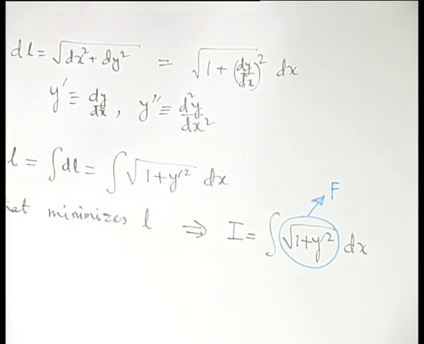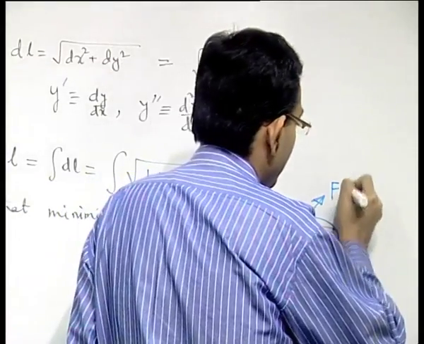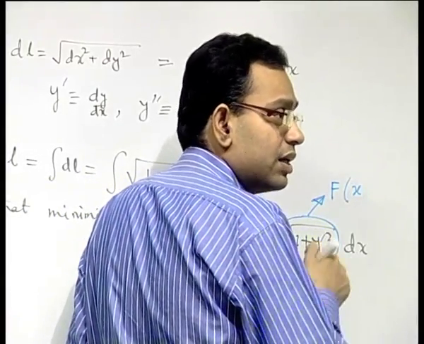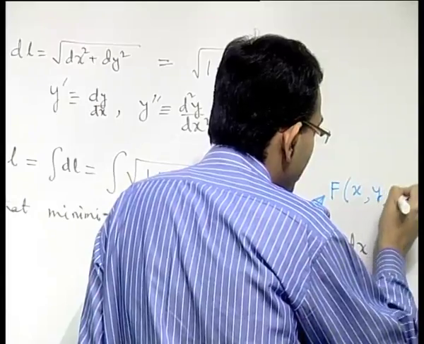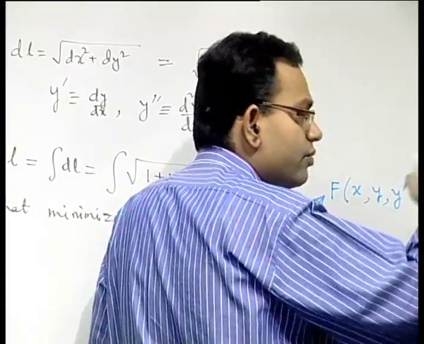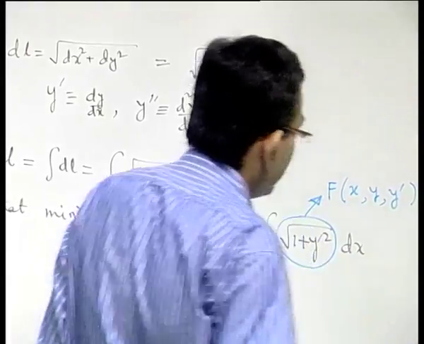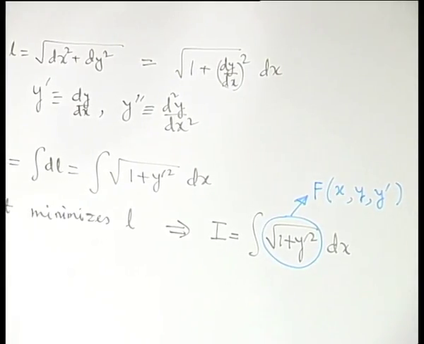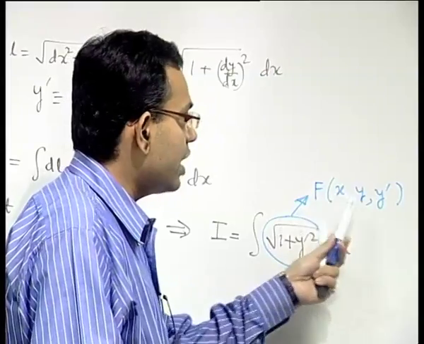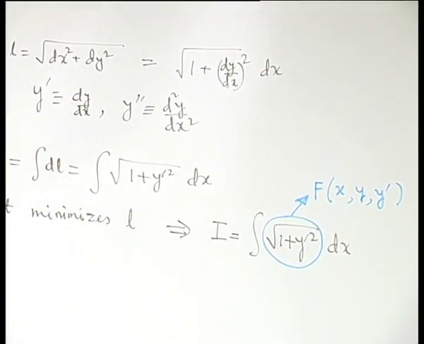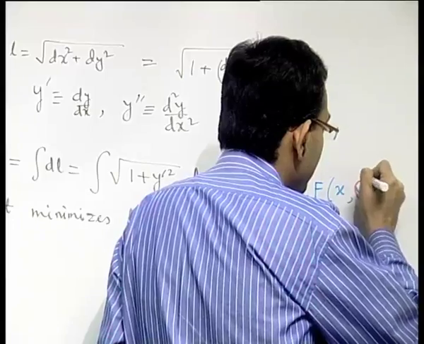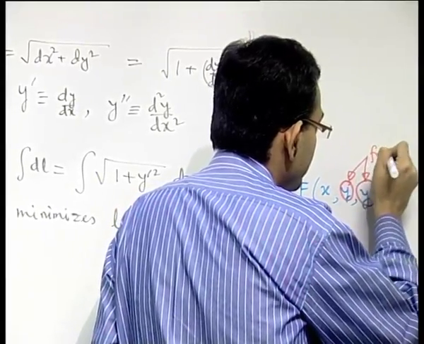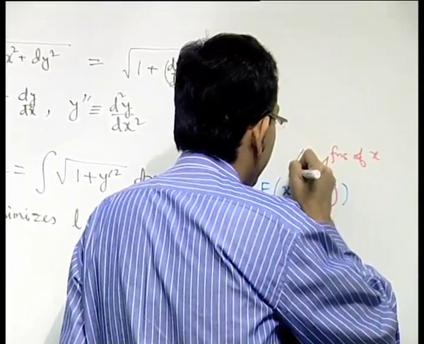some function which in general could be a function of x, here x is not there, but in some other example x could appear, it could involve y, it could involve y dash, and it could involve even higher order derivatives. But let us just consider the case where this function itself could be a function of x, y, y dash, out of which x is an independent variable. We can clearly make out that this y and y dash, these are themselves functions of x. This is the independent variable.